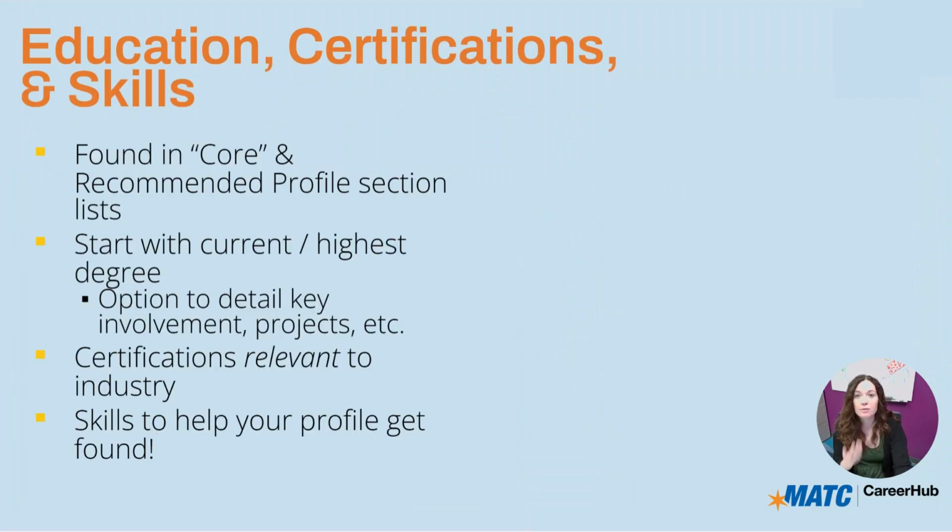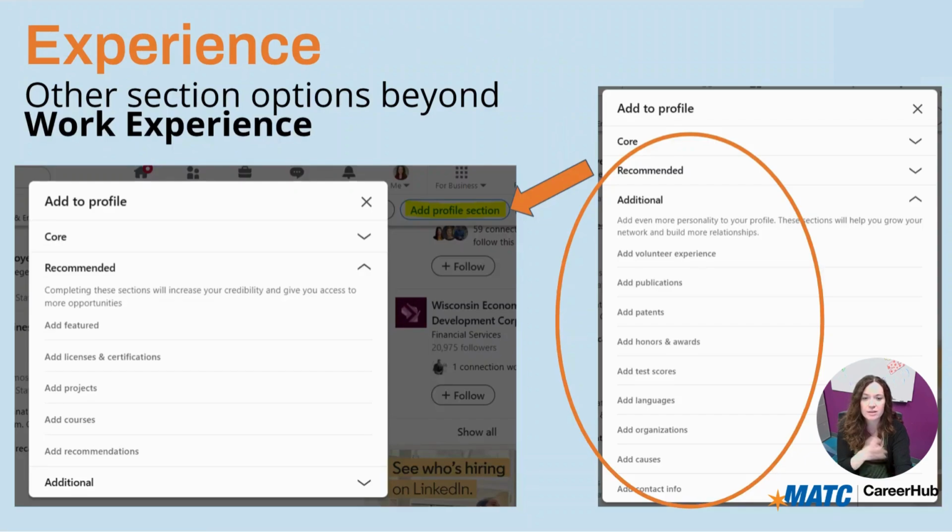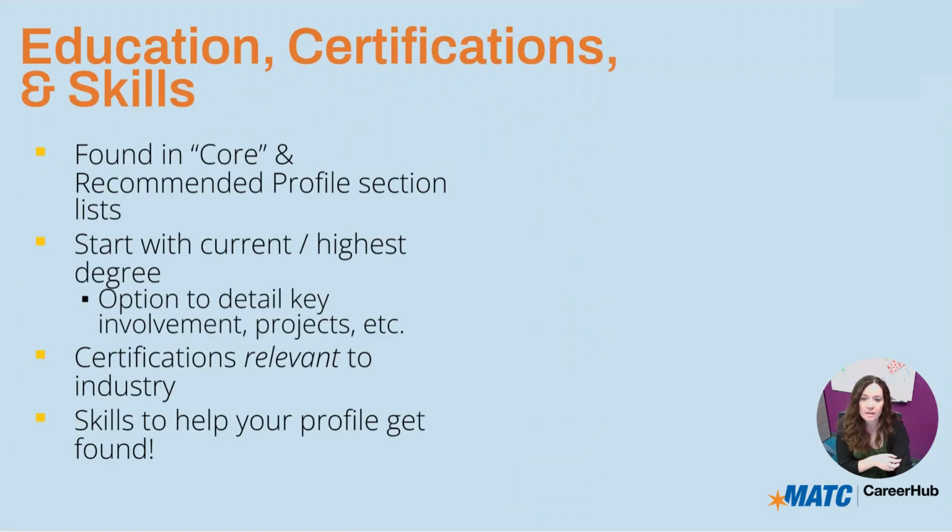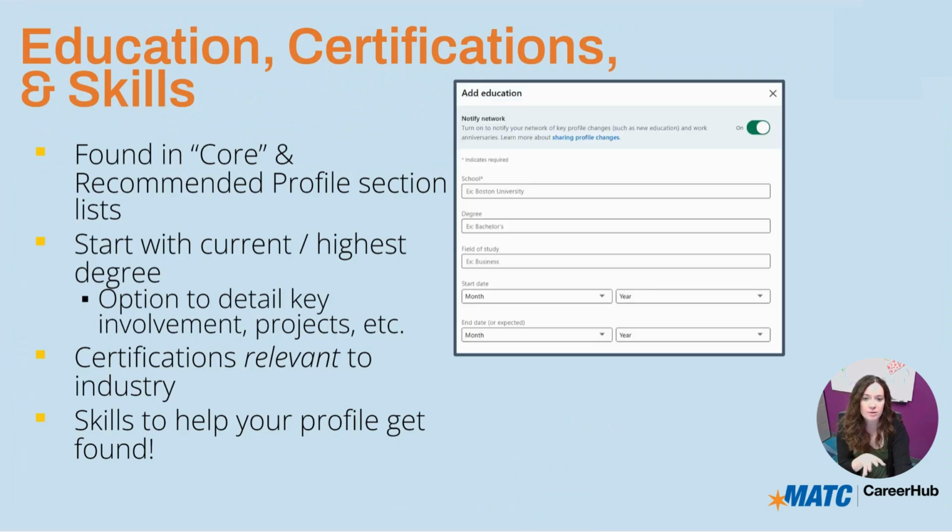Okay, and then of course you'll also include your education. So that's found in the core section when you go to add a new profile section, as shown on the previous screen. So add profile section, in core you'll have education, okay? Start with your current or highest degree. You will have an option to summarize involvement, projects, and then you will also, so here's education,